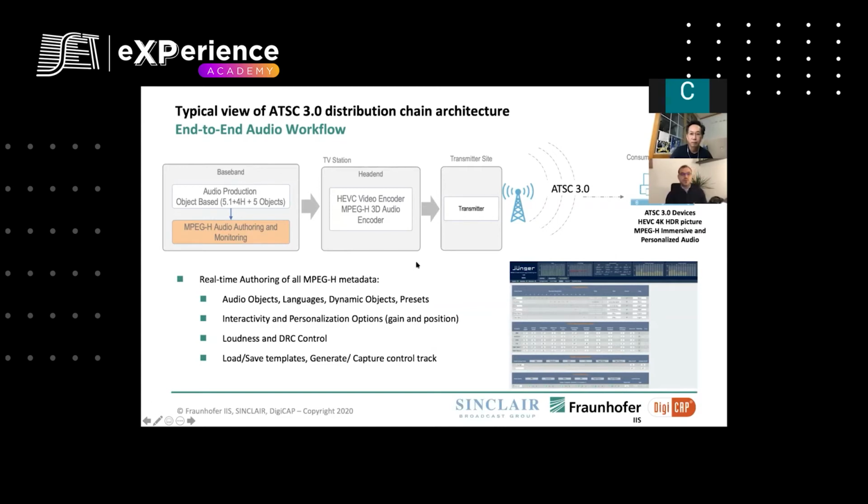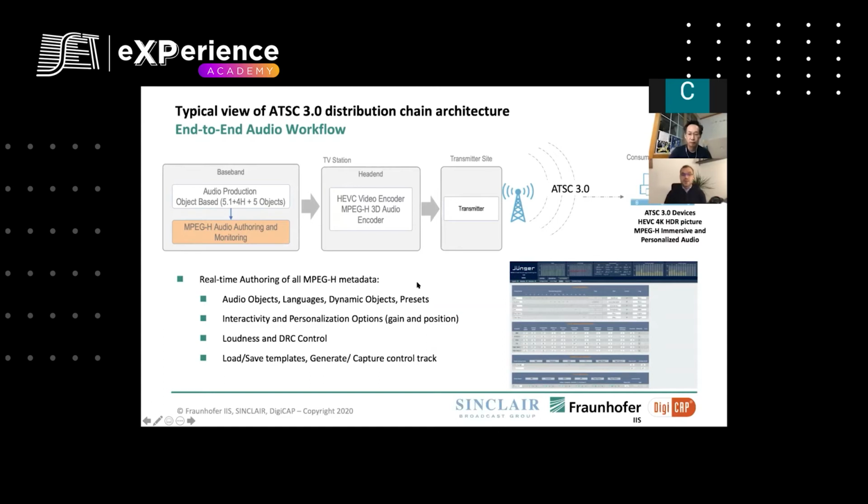Because with all these new possibilities, of course, there is a need to control everything which is delivered to the end user. And for this purpose, we have developed together with partnering companies several real-time authoring units for MPEG-H audio. These units create all the metadata, so all the languages which are offered, all the features, dynamic objects authoring, creation of presets, which are different flavors of the same content that the user at home can interact with,